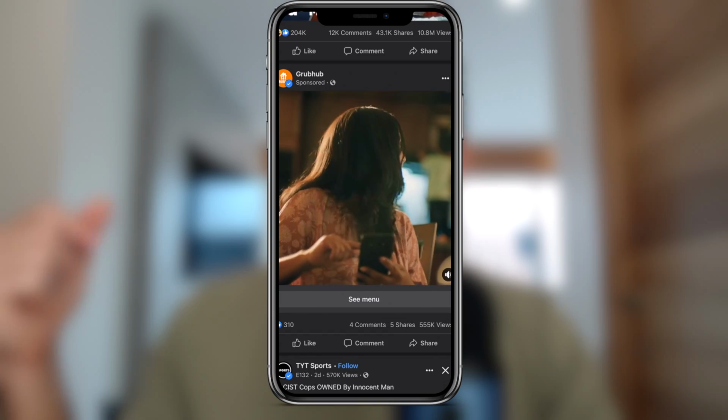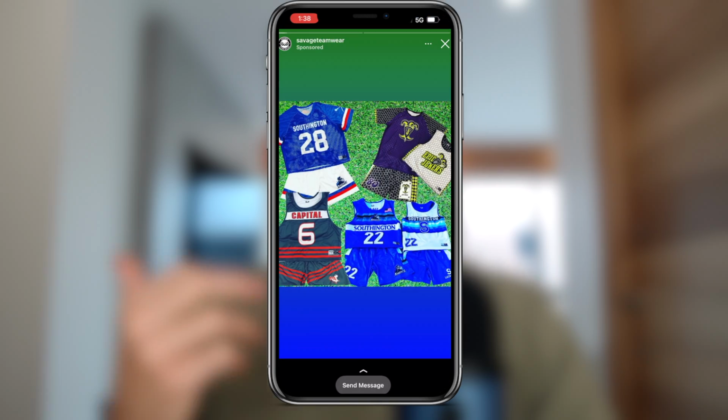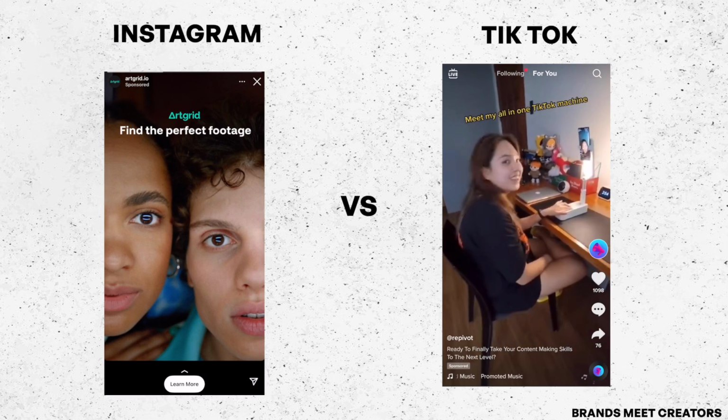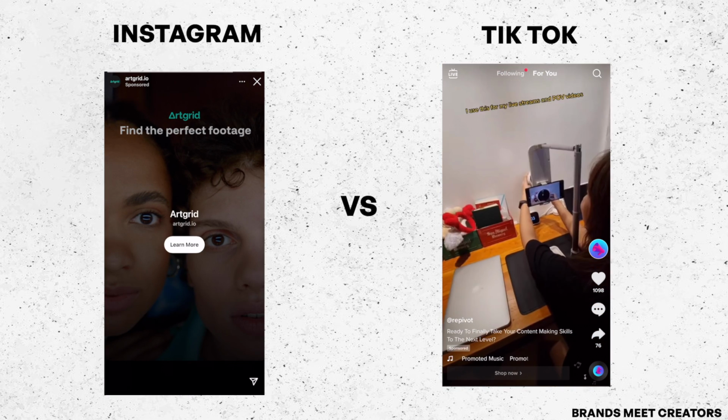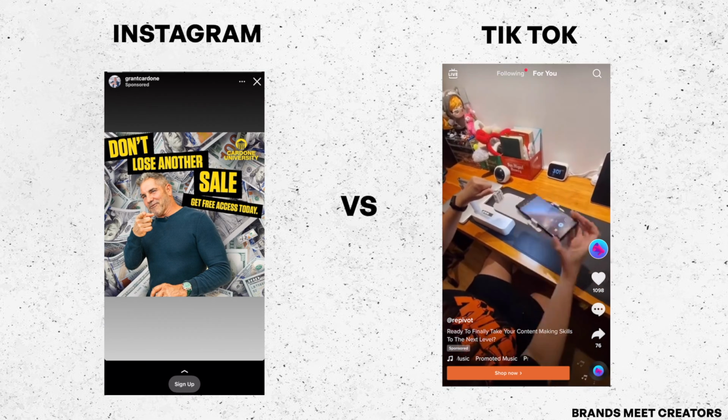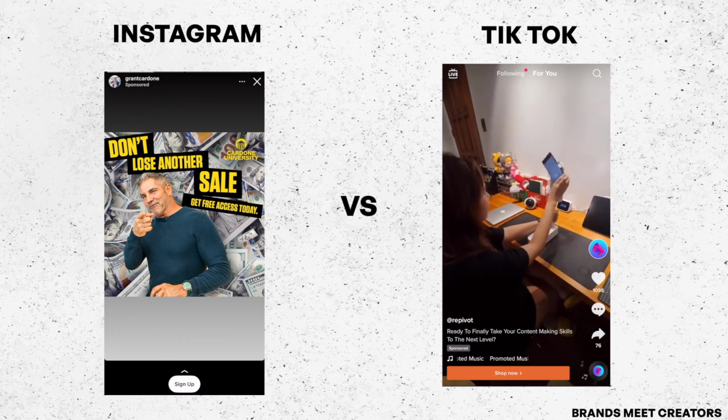Here's the biggest issue that I see all brands facing on TikTok. Brands come to the platform with a background in Facebook ads or Instagram or some of these other platforms, and they think that they can just leverage the same strategies that worked on these other platforms, but that's not the case. The main problem is they want to just put their product front and center in every video and just push, sell. And that's not the way to do it on TikTok.